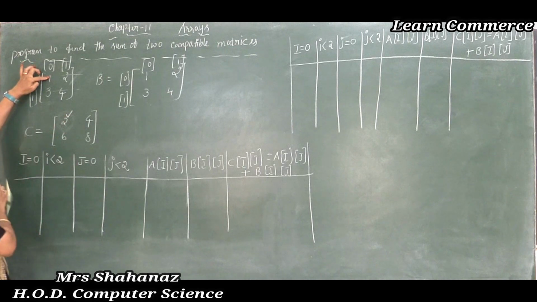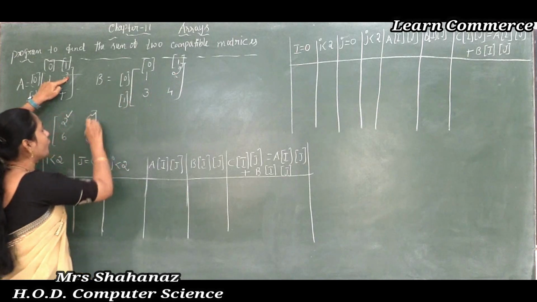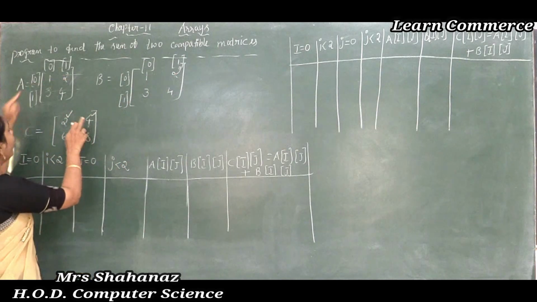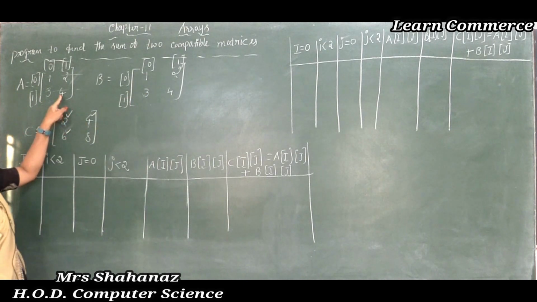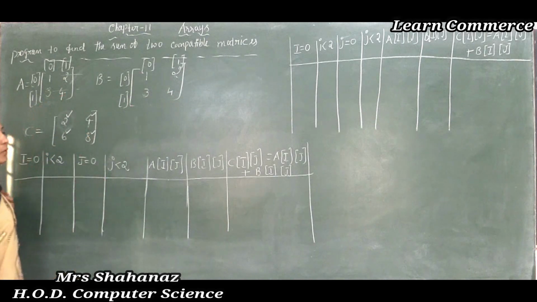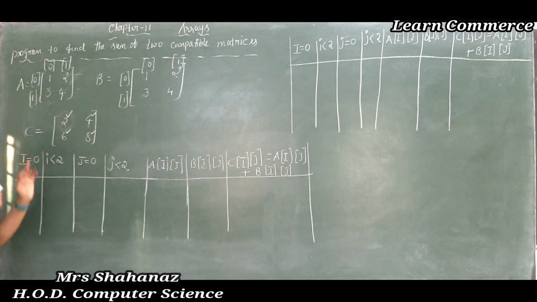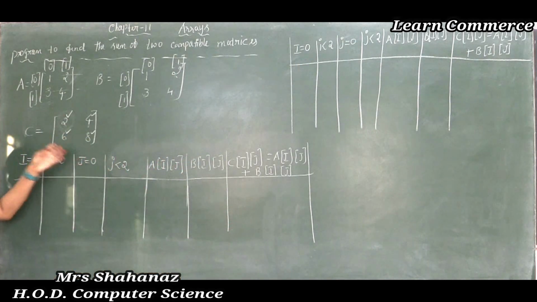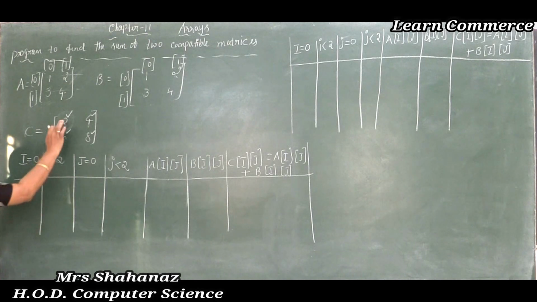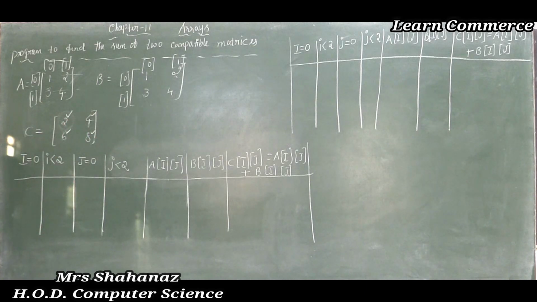So this is our second element. 2 plus 2, that means how many? 2 plus 2 is equal to 4. So we will get the answer 4 here, and 3 plus 3 is equal to 6, and lastly 4 plus 4, we will get the value 8. So we can say that this is the result of matrix A plus matrix B. Such that matrix A and matrix B we add into matrix C. So the final result we get is 2, 4, 6, 8. Clear this point here?